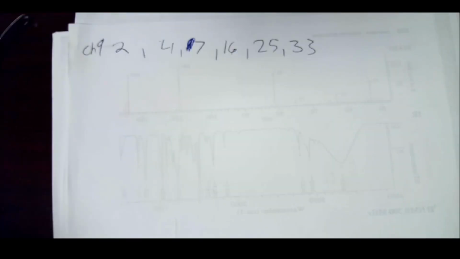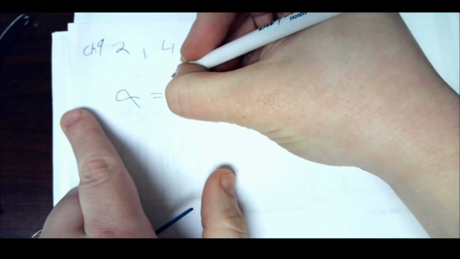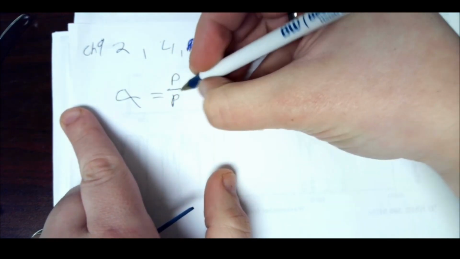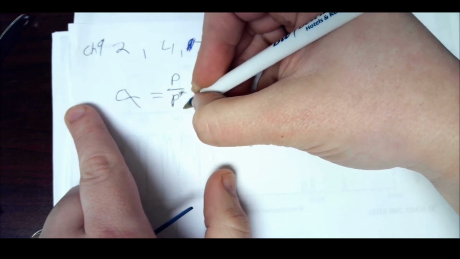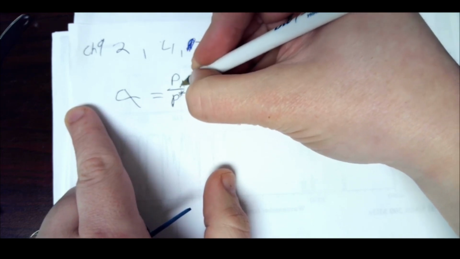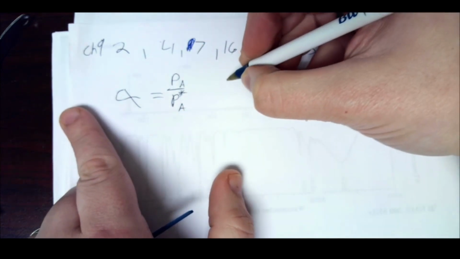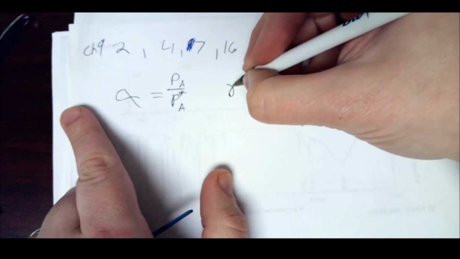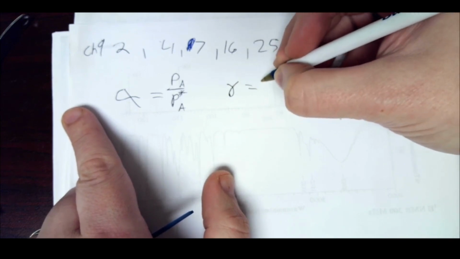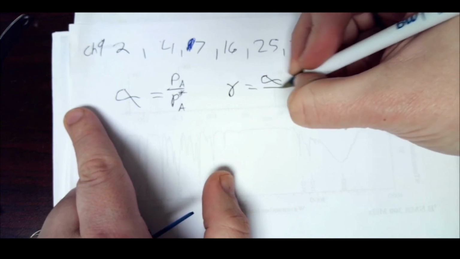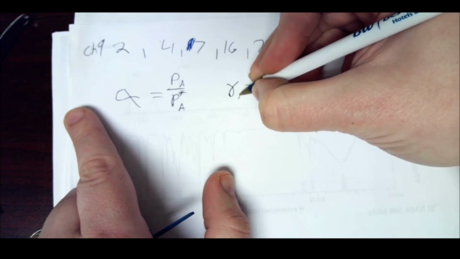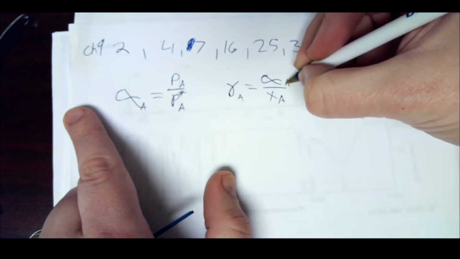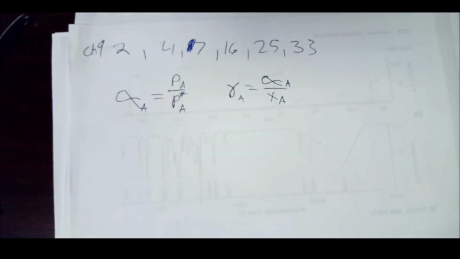Okay, for this one, we need these two facts. That activity is given by the actual pressure over the ideal pure pressure of a gas. So pressure of A over its pure pressure. And the activity coefficient is given as the activity divided by the mole fraction of A. So we're going to be able to do that given that factor. So with that in mind,